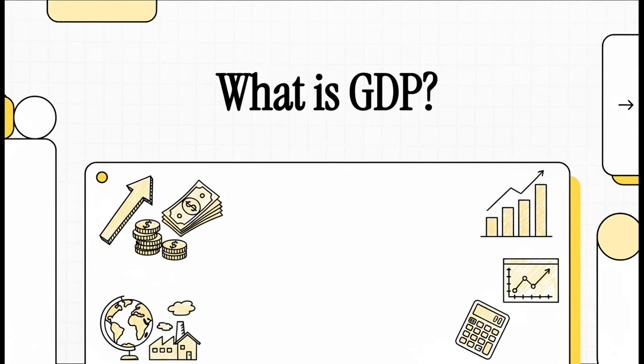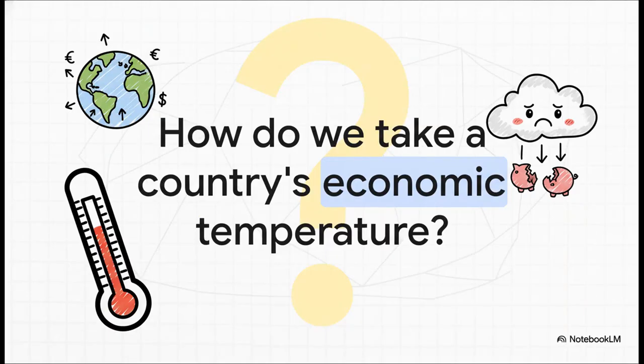You've heard it on the news a million times, right? GDP is up, GDP is down. It's this one number that seems to decide if we're in a boom or a bust. But what on earth is it really? Well, today we're going to pull back the curtain on gross domestic product and figure out what this all-important number is all about.